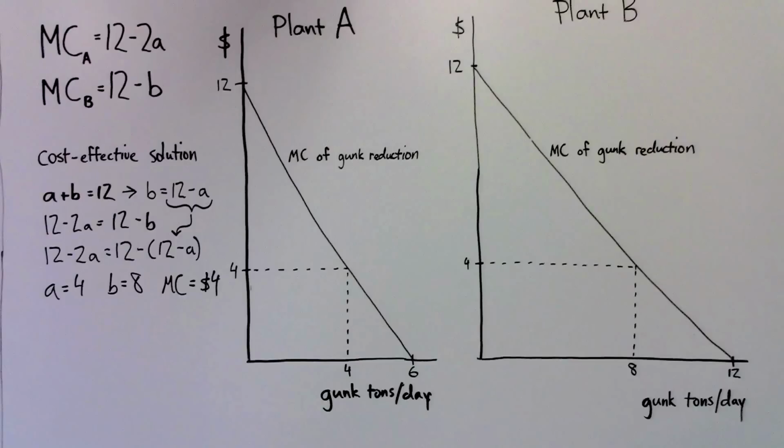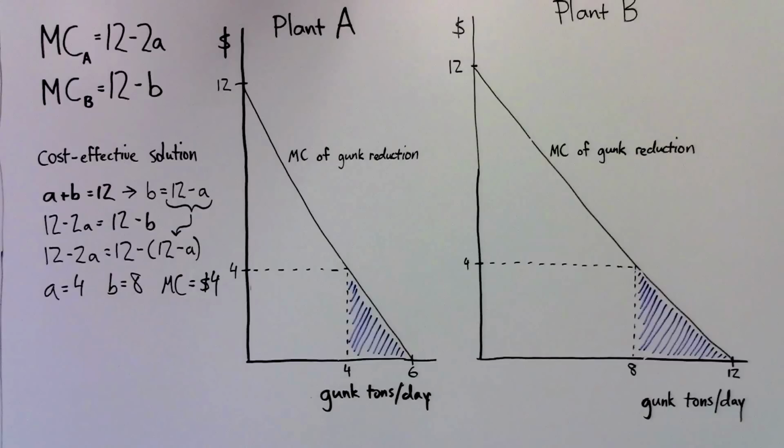Indeed, a $4 tax per ton would lead Plant A to reduce its pollution to 4 tons, and Plant B to reduce its pollution to 8 tons. Why? Consider Plant A. Reducing its pollution from 6 tons to 4 tons would cost it $4, as shown by the blue triangle. But it would save it $8 in tax, so Plant A has an incentive to reduce its